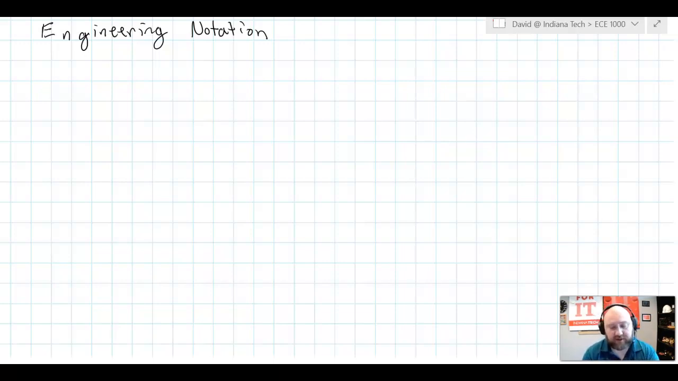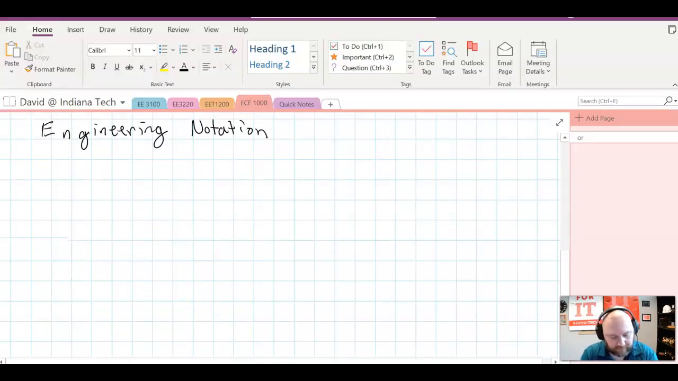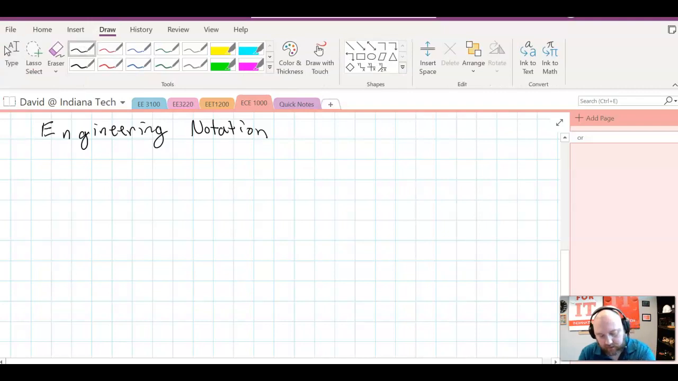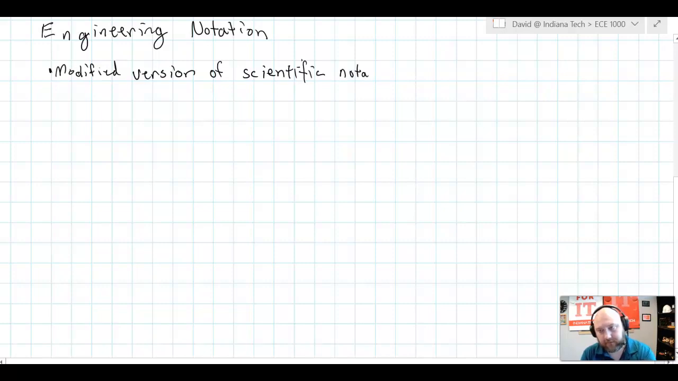But the reality is engineering notation is just a modified version of scientific notation. And I'm not going to take a lot of time to review scientific notation. Hopefully we all have done scientific notation before, but just to remember here, so if you have like